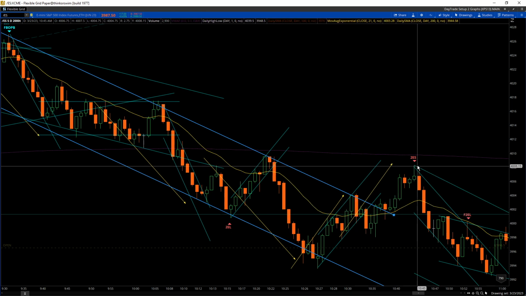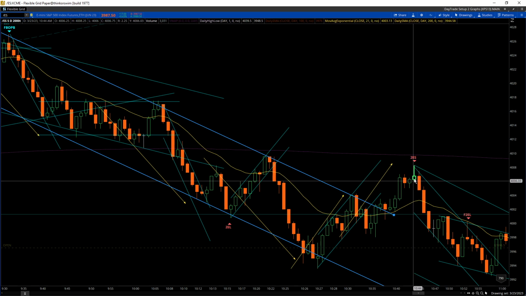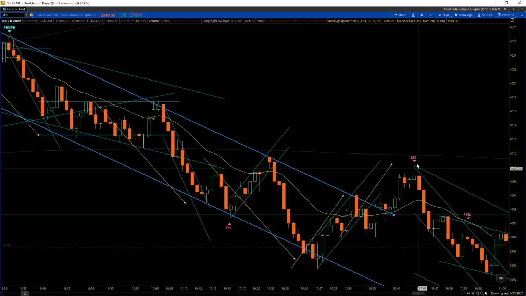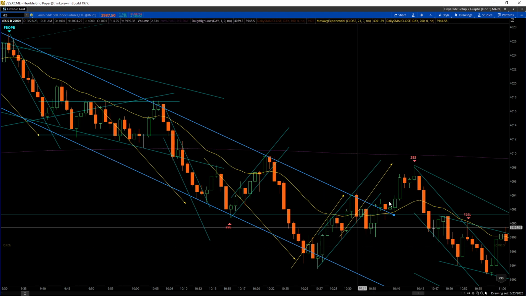So I'm thinking if it made two pushes up, it might be exhausted, it might be coming back down, but it was just kind of a little bit unsure. And to be honest, I just wasn't mentally prepared to take this trade. But in hindsight, I think this could have been a trade because you see two big legs up, and also